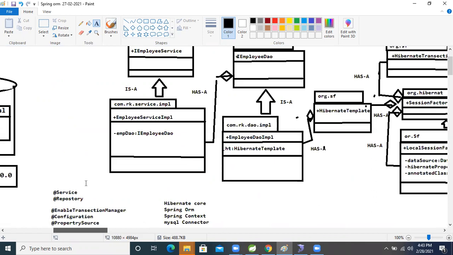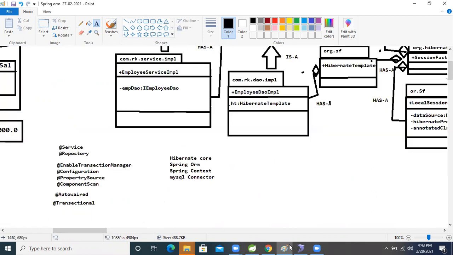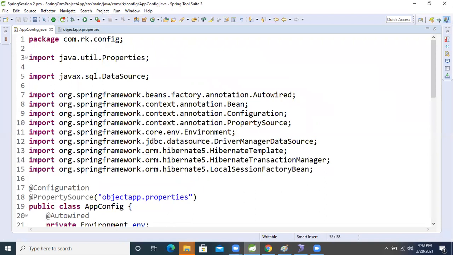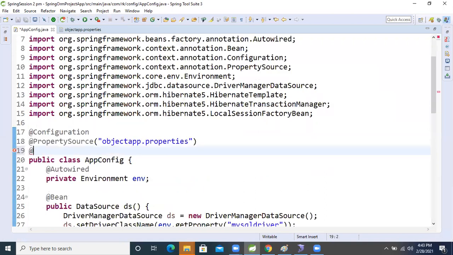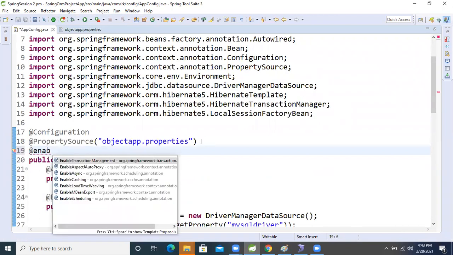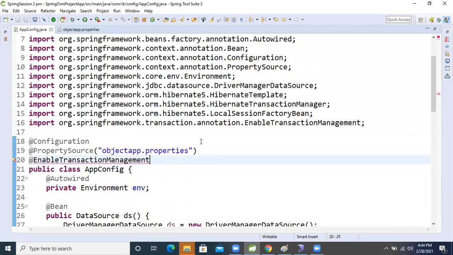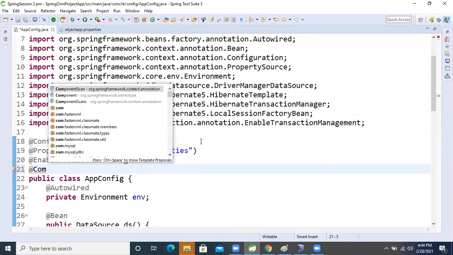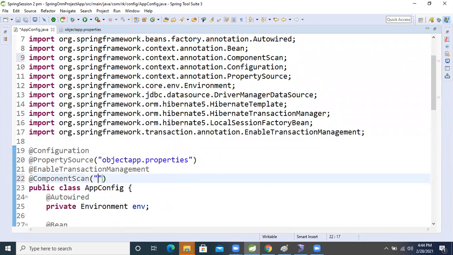Still we need something in the configuration class. To enable Hibernate transaction management, we use an annotation: @EnableTransactionManagement. After that, one more annotation to scan the packages: @ComponentScan, inside which we give com.rk, the base package.